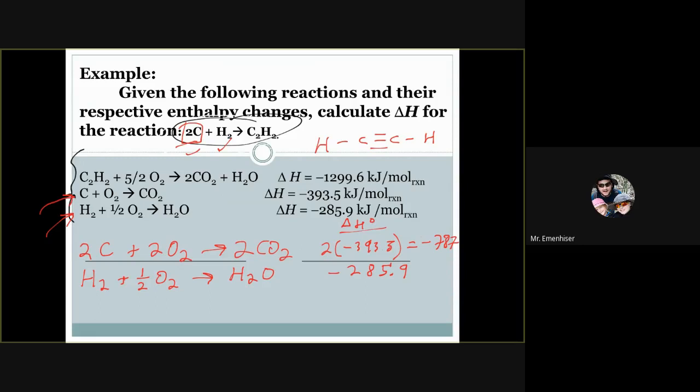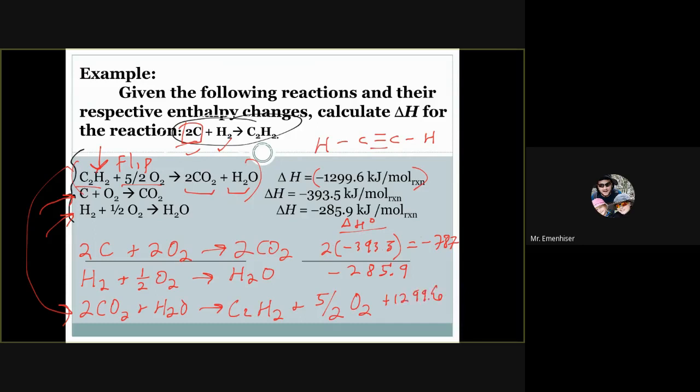We have our hydrocarbon in this equation, but it's shown as a reactant. We need it as a product, so let's flip this reaction. So I'm going to write flip, and then I'm going to change the sign of this. It's negative, so I'm going to make it positive. So now I'm going to rewrite this equation down here, flipped. We have 2 CO2 right here. We have our water right here. Those 2 will react to give us our C2H2 and 5/2 O2. And then our delta H for this will be a positive